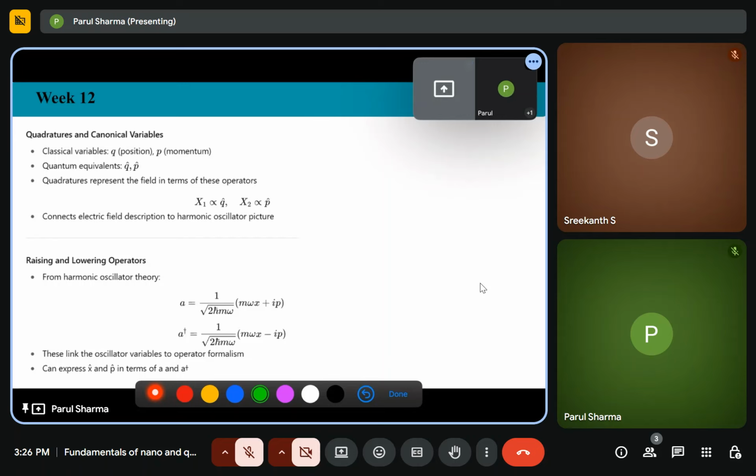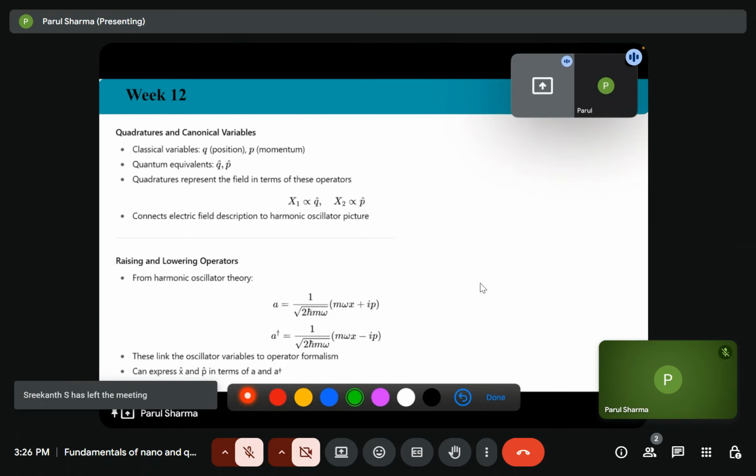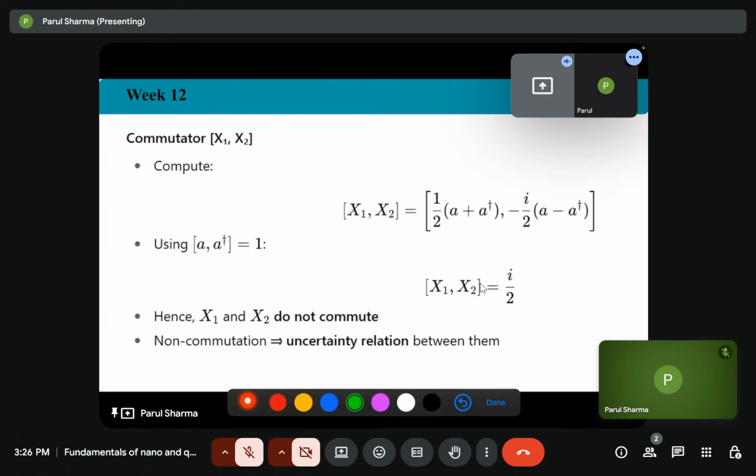We saw that the x1 quadrature is related to the q, whereas the x2 quadrature is related to the momentum. So that will connect the electric field description to our harmonic oscillator picture. So we have the A and A dagger value in terms of x and p. So A is equal to